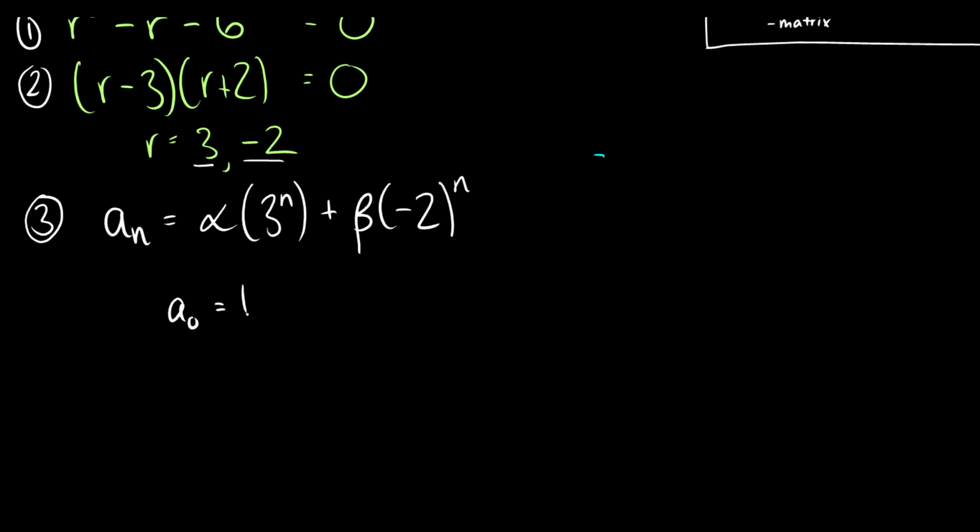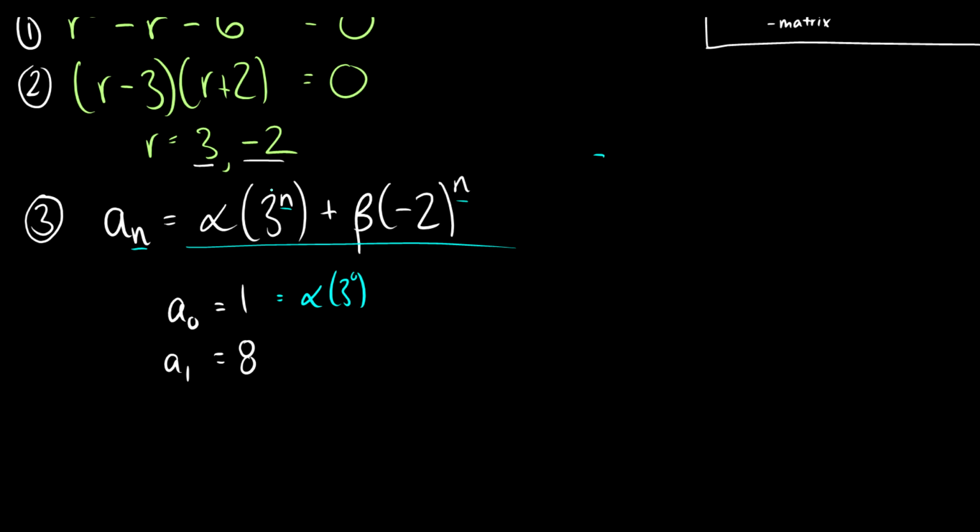So a0 is equal to 1, a1 is equal to 8. So we have our form, so we need to solve for our coefficients. So let's plug some things in. Okay, so for a0, we take 0 for our n's here. So alpha times 3 to the 0 is equal,